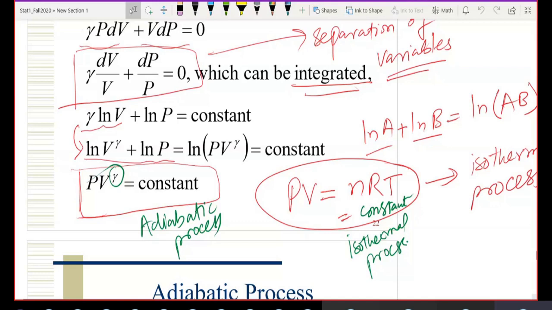एक सिंपल सवाल, अगर आप लोगों से पूछा जाए तो कुछ गेस कर सकते हैं कि नहीं? अगर मैं इन दोनों को प्लॉट करूं किसी PV डायग्राम के ऊपर, PV इज इक्वल टू कांस्टेंट को और PV गैमा इज इक्वल टू कांस्टेंट को, तो कोई रिलेशनशिप समझ आता है आपको? सो वो गैमा की वजह से तेजी से डिक्रीज करेगा ना, क्योंकि उसके ऊपर पावर गैमा है, एक्सपोनेंशियल डिक्रीज उसका ज्यादा होगा। और दूसरे के ऊपर जो PV इज इक्वल टू nRT है, मतलब V के ऊपर कोई पावर नहीं है, तो उसका डिक्रीज आई थिंक लीनियर होना चाहिए, मतलब उतना तेजी से नहीं होगा जितना दूसरे का होगा, PV की पावर जिसके ऊपर गैमा है।